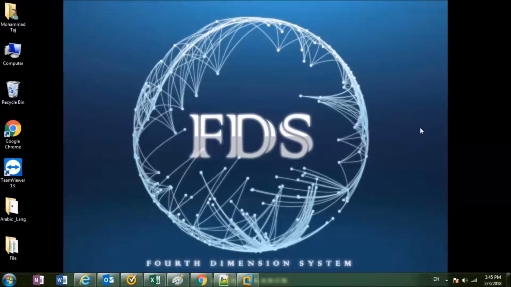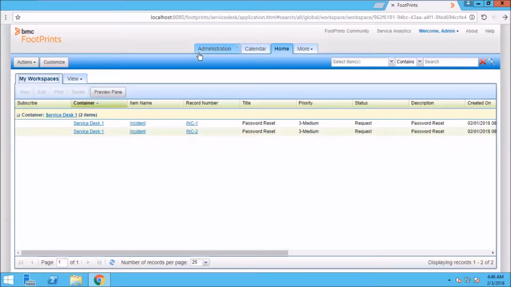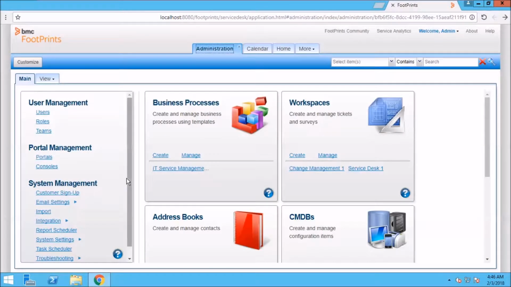Today we will talk about the integration between BMC Footprint version 12 and email notification using a Gmail account. Also, we will talk about the integration between BMC Footprint version 12 and Active Directory. Firstly, we will talk about the email notification, how we can configure it using the Gmail account. From the administration tab